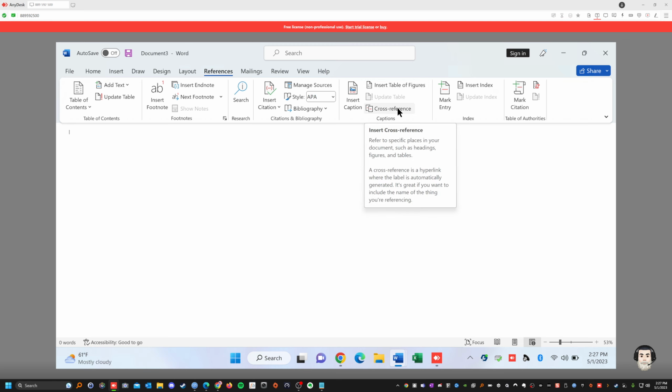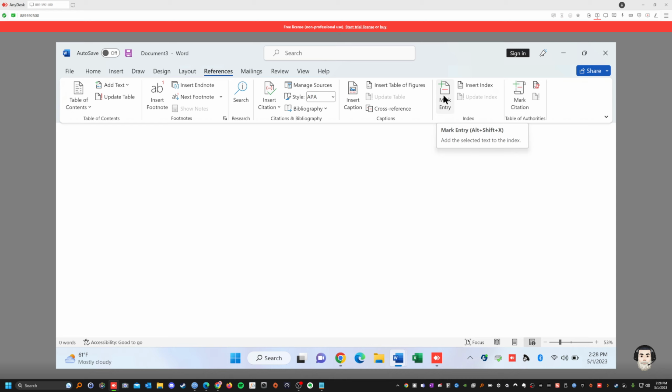Cross-reference, same thing. You want to cross-reference one information to another. You want to see if it's correct, if it has any errors. Mark an entry, if you want to mark something, highlight something, select the text, and then you index that word, right? Index. You could insert an index, a keyword that's more important. Let's say the document's talking about cats. So you highlight the cat word, and that's an index, and you index that word, right? Because the subject is about the cat, right?